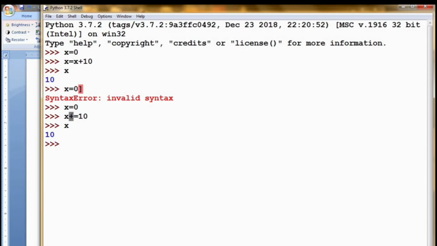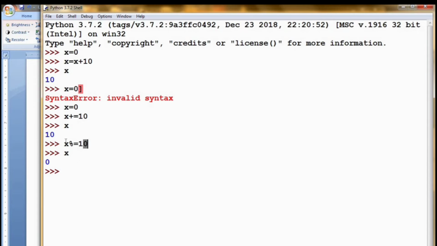In the same way we can perform not only addition but also subtraction, multiplication, division, and also the modulus and the double division operators, etc. For example, x modulus equal to 10. I am printing the value of x. It is 0, because when we are dividing x by 10, the remainder will be 0.